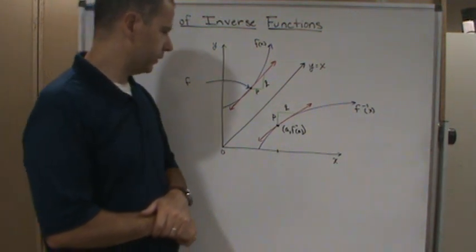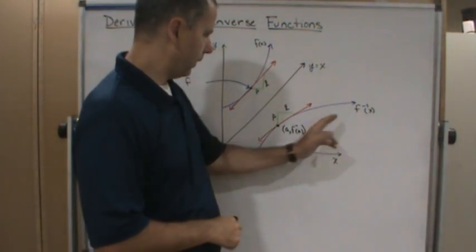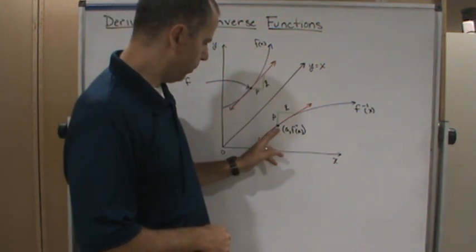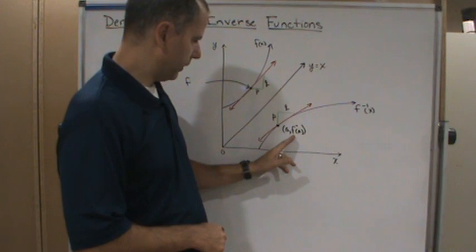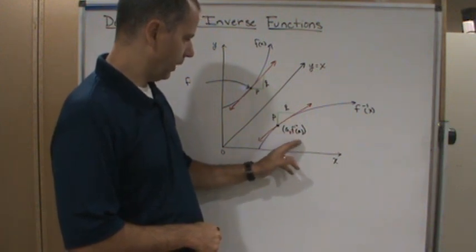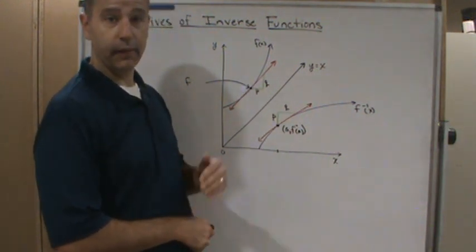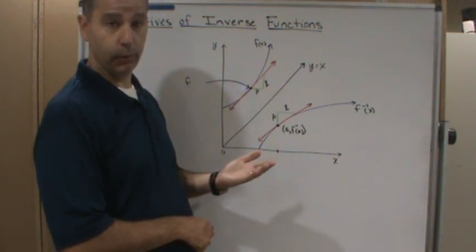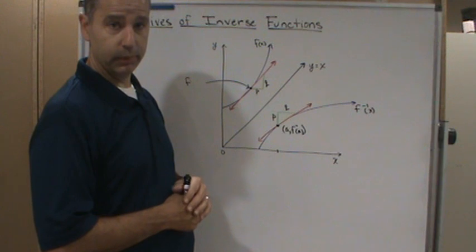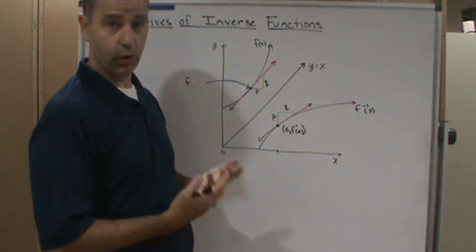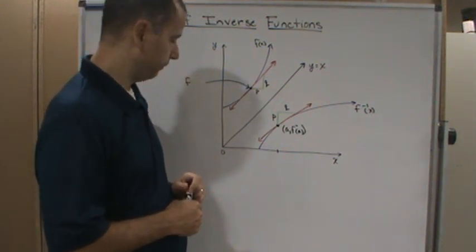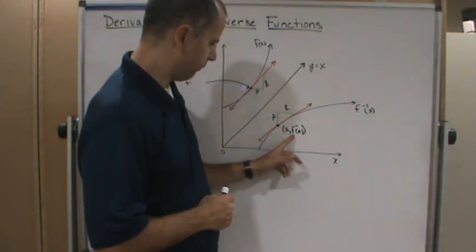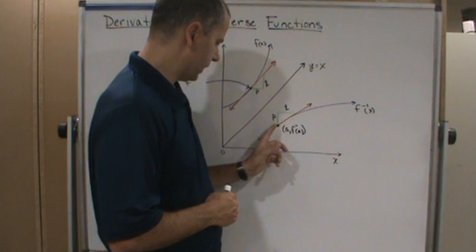If we look at a function here, this is the inverse function and this is the function, and we take a point a comma f inverse of a, and let's assume that f of x is invertible and differentiable, then it seems reasonable to believe that the inverse function will also be differentiable. And so if we look at this point here, a comma f prime of a, and we see the tangent